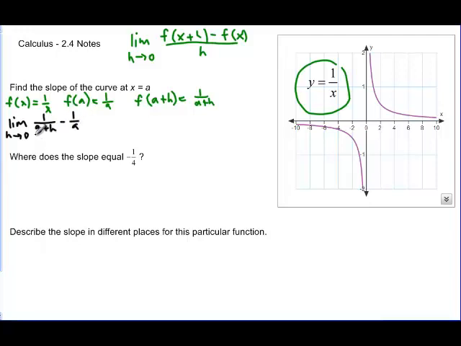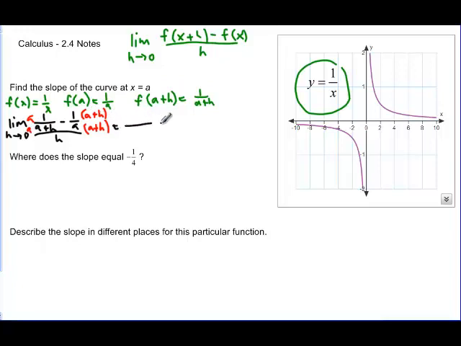So this problem looks really, really nasty, but it's actually not too bad. We just need to get a common denominator on the top. So this side would need an a plus h. And this side would need an a. That gives us all over h,